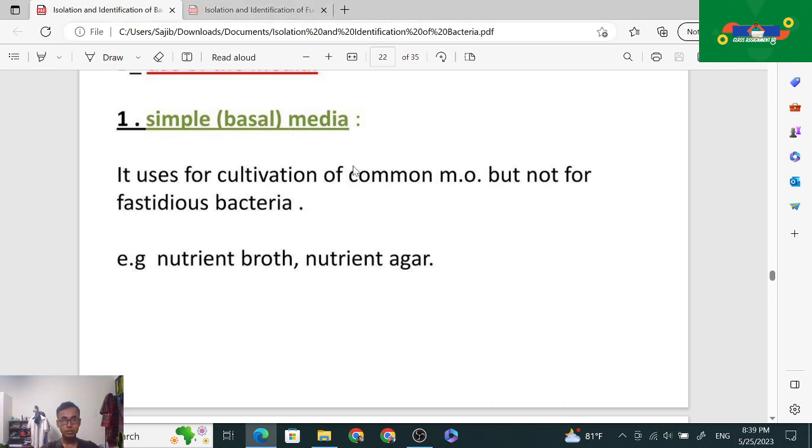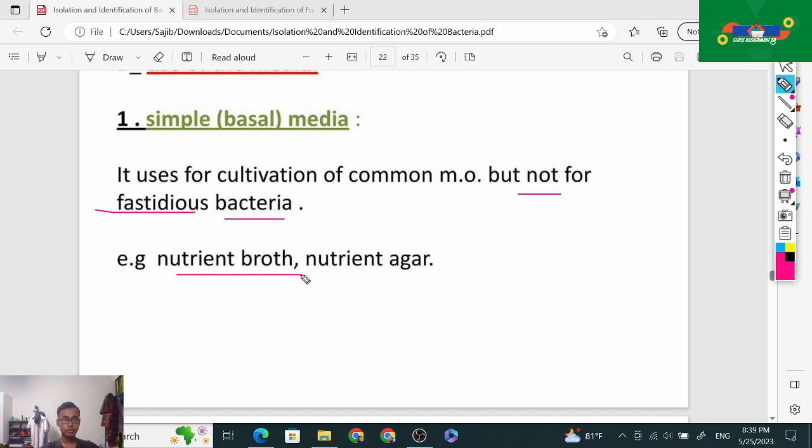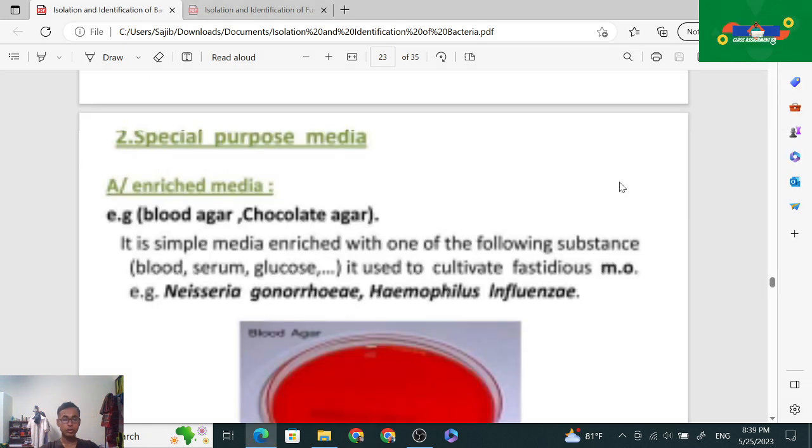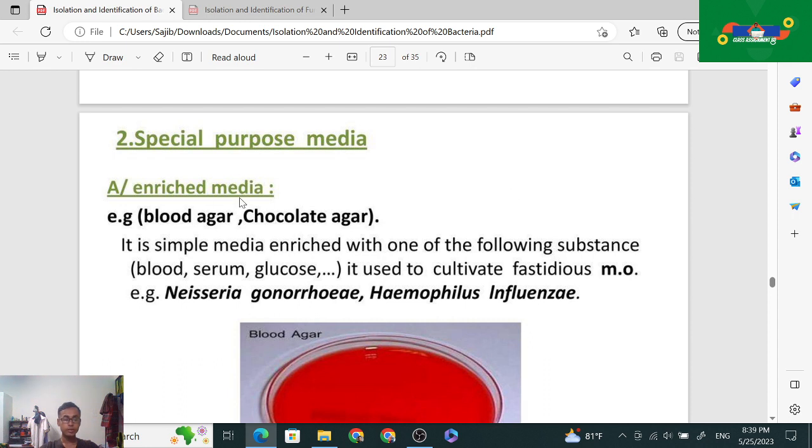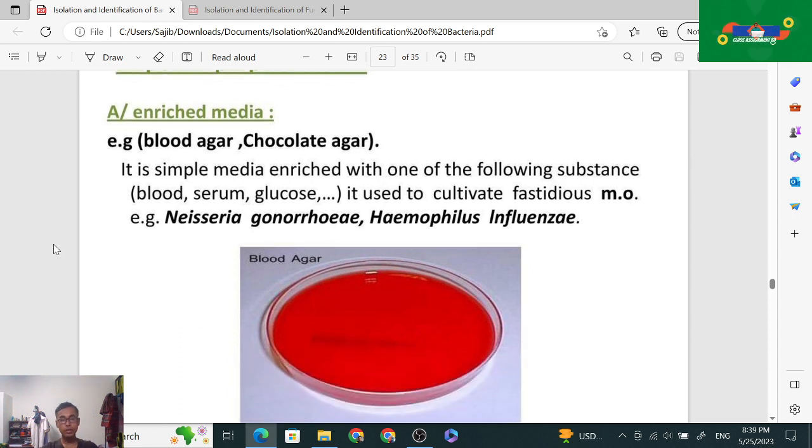It is used for the cultivation of common microorganisms, but not for fastidious bacteria. An example is nutrient broth and nutrient agar. Then special purpose media, such as blood agar and chocolate agar. It is simple media enriched with one of the following substances: blood, serum, and glucose, and it is used to cultivate fastidious microorganisms, just like Neisseria gonorrhoeae and then Haemophilus